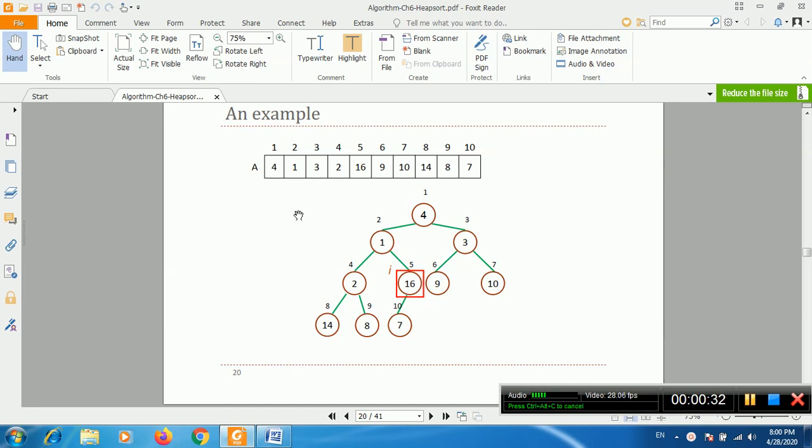So we have 10 elements in our array, from index 1 to index 10. Here we insert the elements top to bottom and left to right. The first element is 4, so the root is 4.